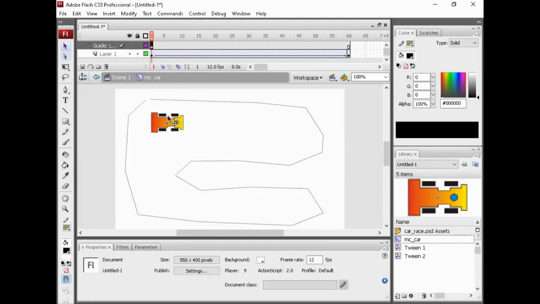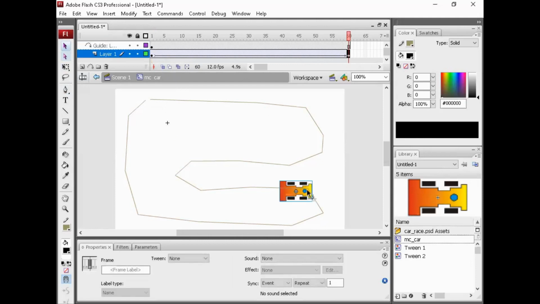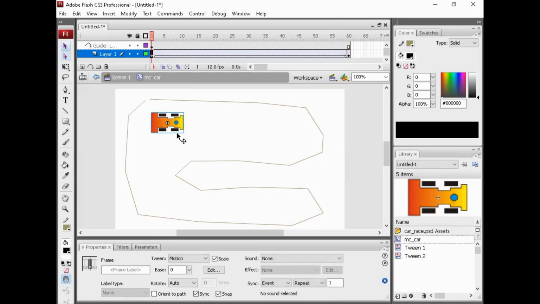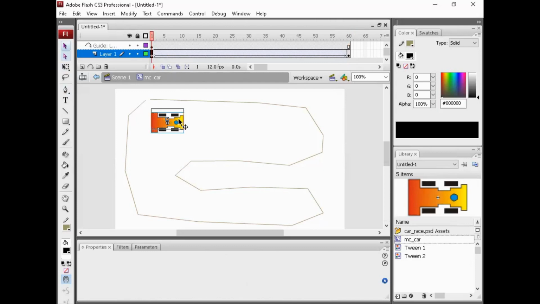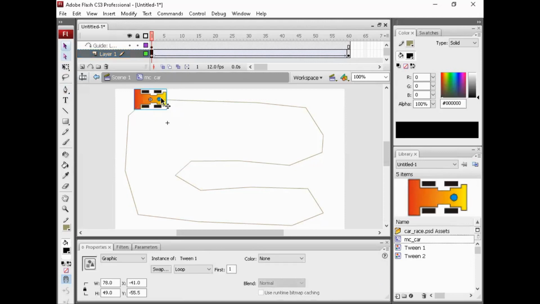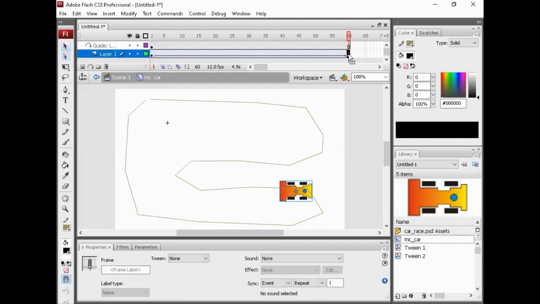But now I want to move this object to the start of the guide, and the object end to the end of the guide. Let's try. Click, hold until you see the center point and move it to the start of the guideline. Now we choose the end of the timeline.